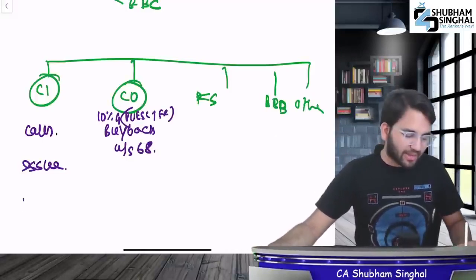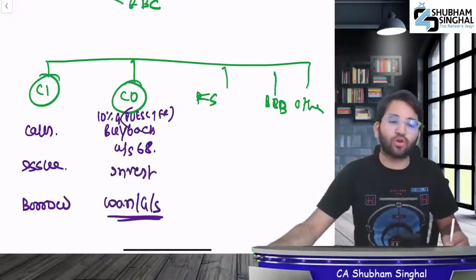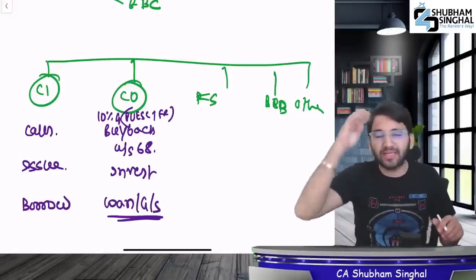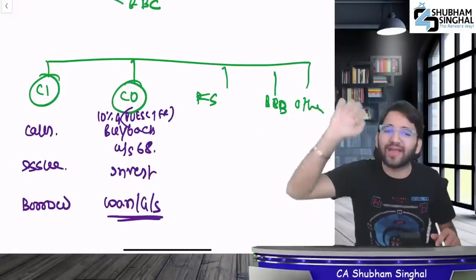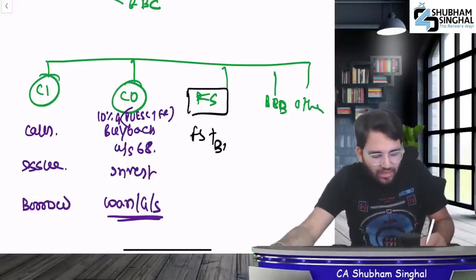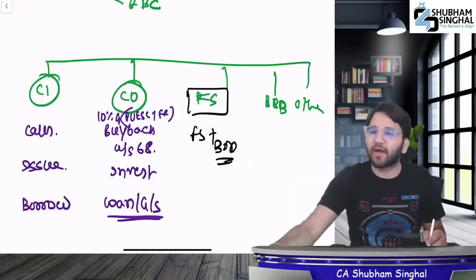In addition to that, what else did I explain? If you are borrowing money or if you are investing money, or if you are giving a loan or a guarantee or security, the law says that for all these things, a resolution needs to be passed in a board meeting. So pay attention. Either there is cash inflow or cash outflow. For the financial statement or the board's report, if you are asking for approval of the board's report, you have to do it in a board meeting.